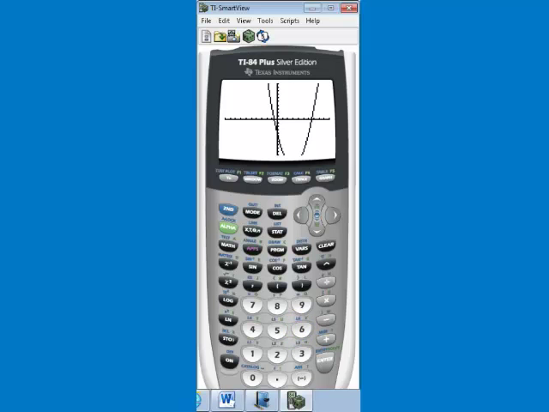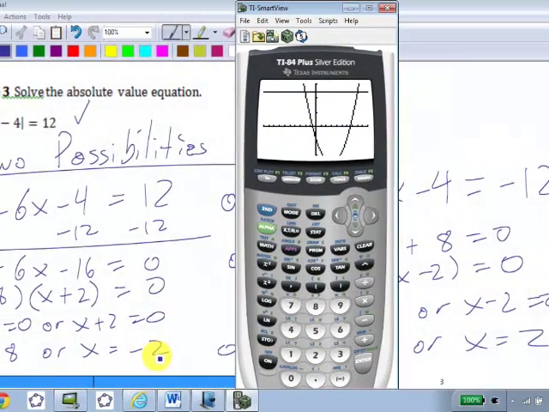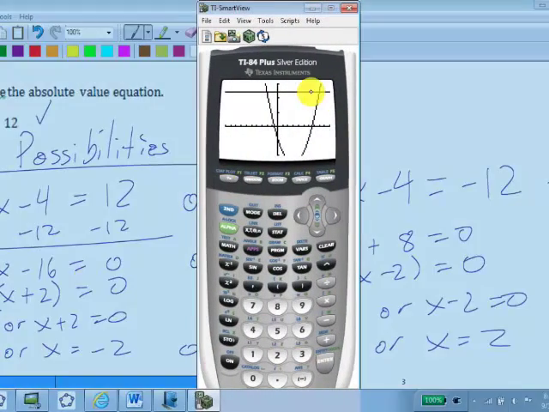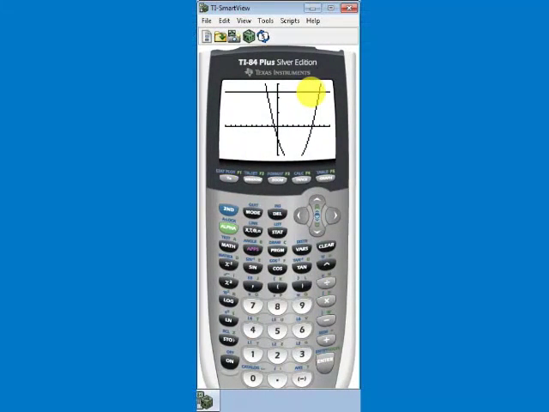There's the left-hand side. And then if I change the viewing window so the y max is maybe 15, and maybe a y scale of 5, graph it. y equals the left-hand side, y equals the right-hand side. I don't think we have to do the second Calc 5 thing to find these, because you see the point right here, and you notice it has an x coordinate of -2. And that's from our solution, x equals -2. And you see the point right here, it has an x coordinate of evidently +8. These are the only 2 points of intersection, and so those are the only 2 solutions